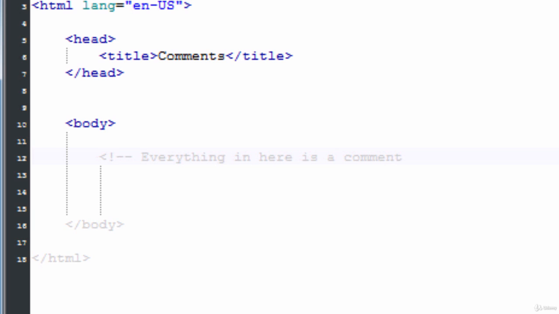To start an HTML comment, it's less than, exclamation mark, dash dash, and everything in here is a comment. And as you can see, Notepad++ grays this area out automatically. Now to close that comment, use dash dash, greater than. So as an example,